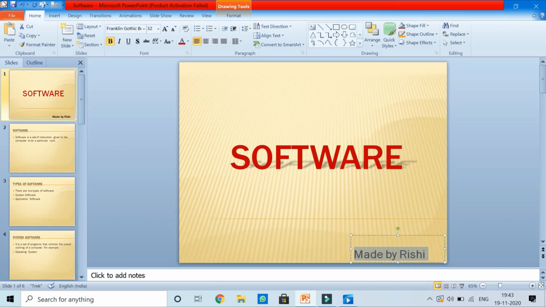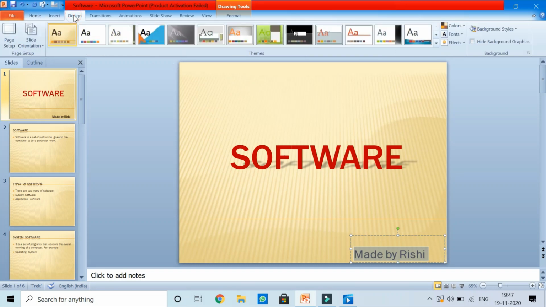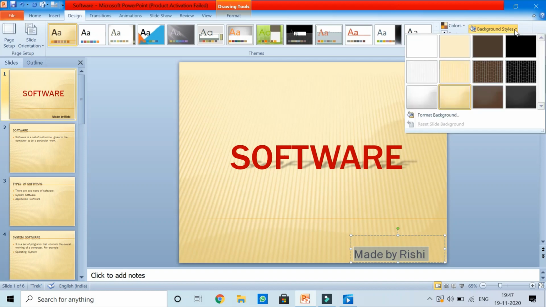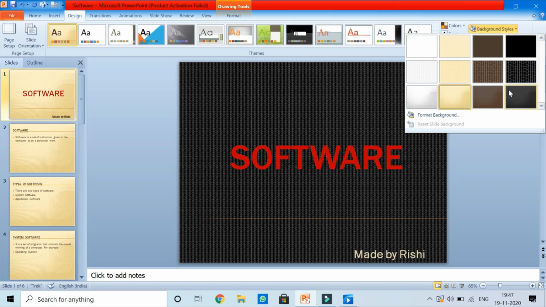Okay, now children, you can even change the background color of your slide. So how can we do it? Just click on the Design tab, and on your right hand side you will see this option, Background Style. Click on it and you can see there are many options available.